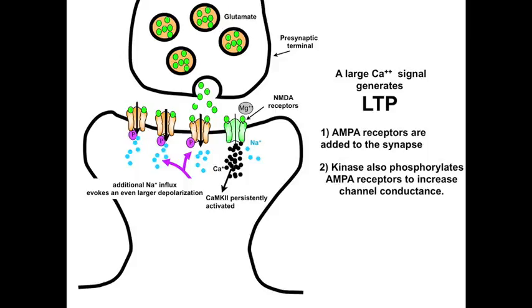Thus, the strong stimulation of the synapse causes a large calcium signal that potentiates or strengthens the synapse, where the release of glutamate from the presynaptic cell now generates a much larger postsynaptic response than before the strong signal was presented, due to both the increased number of AMPA receptors and their enhanced conductance. Since these effects last for an hour or more, the phenomenon of synaptic strengthening is called long-term potentiation.